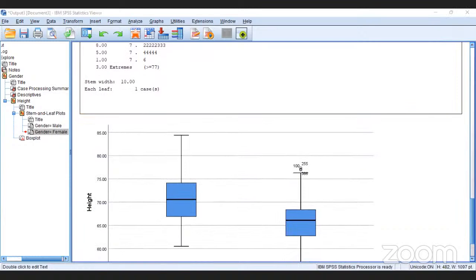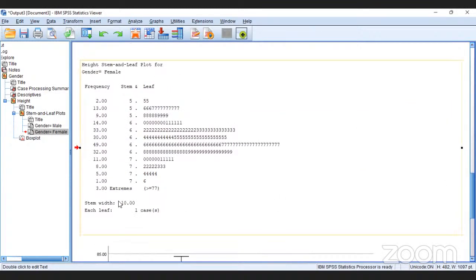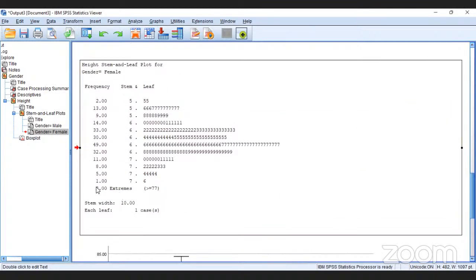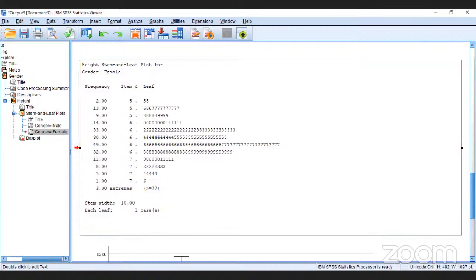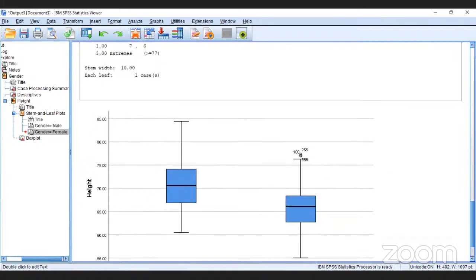I'll give you the most important thing there. This is it here. We're trying to just check whether they have extreme values. So they're telling us that there are 3 extreme values for the female group, and these extreme values are participants whose height is greater than or equal to 77. That information will be supported by our